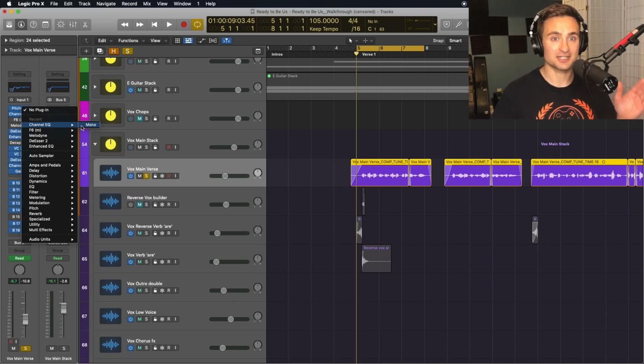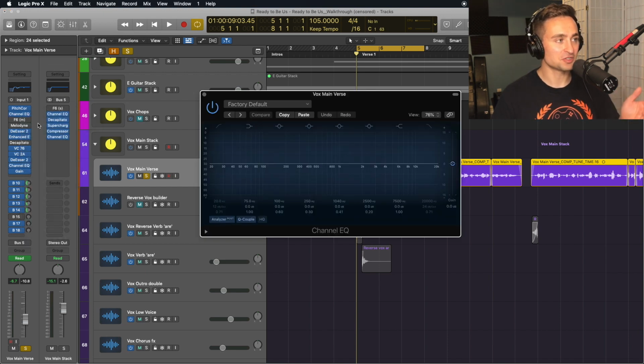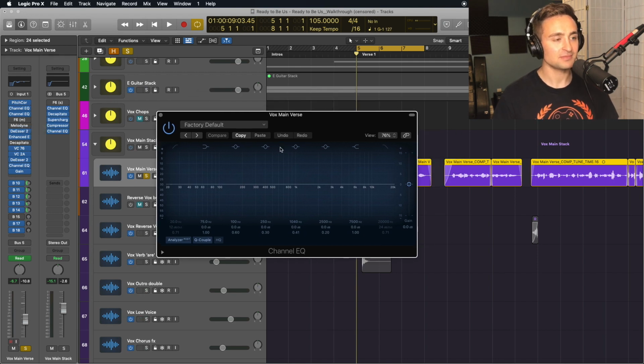I'm going to go ahead and do this on a separate EQ just so we can kind of see it here on the tutorial. You could just do this in one EQ, and I actually did do that on my original one. So now that we've taken out frequencies we don't like,